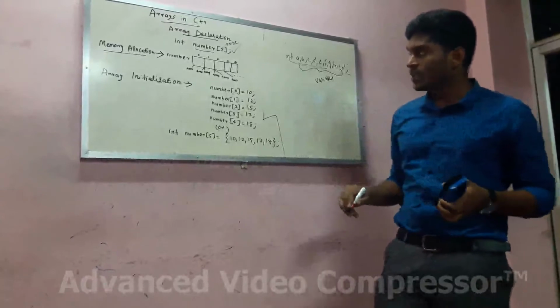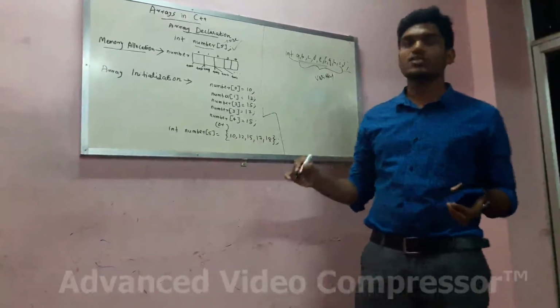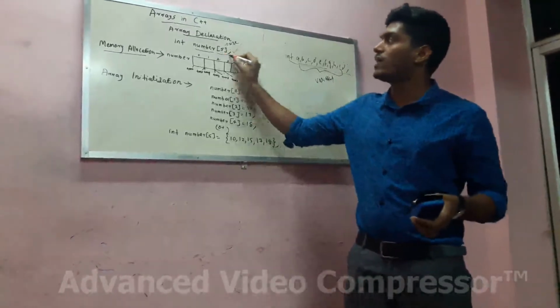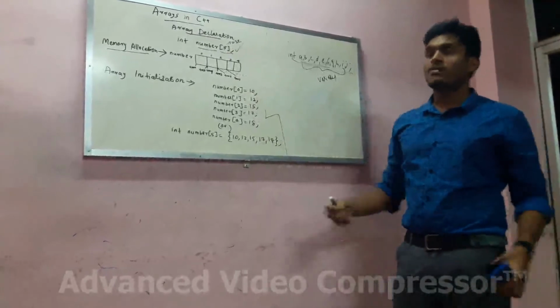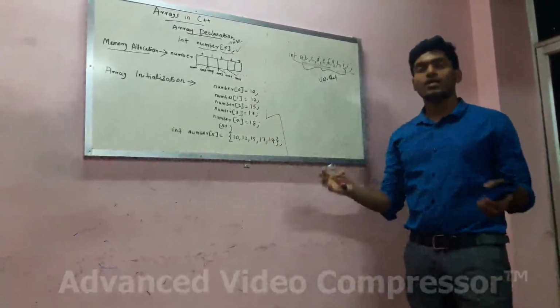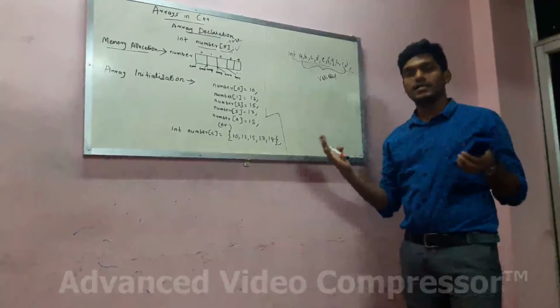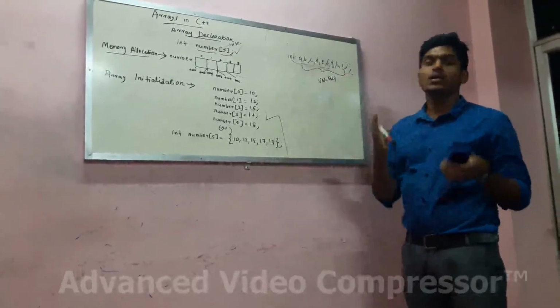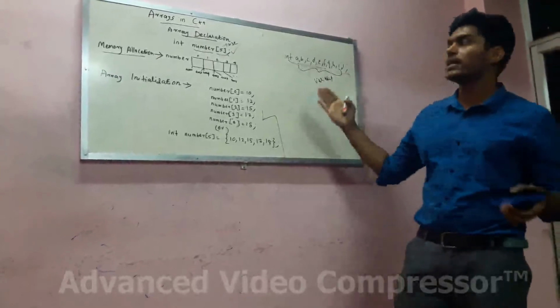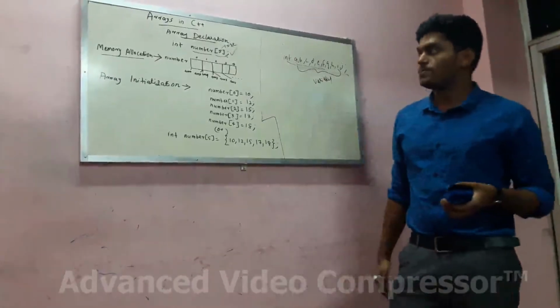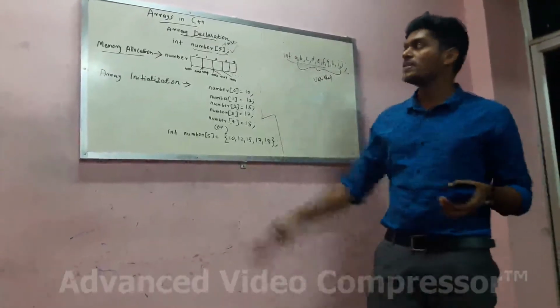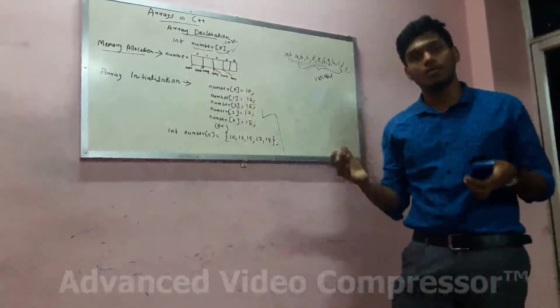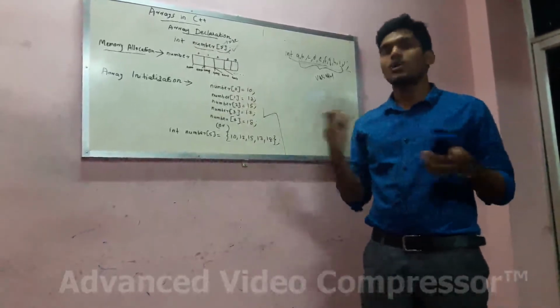Okay. Then the memory locations will be allocated for these 5 elements. So if our computation needs 100, 200 or 1000, 2000 data of the same type, we can use arrays. Instead of declaring individual variables for all those data, we can use an array. So this is an integer array. Like this we can have a float array, character array, whatever.